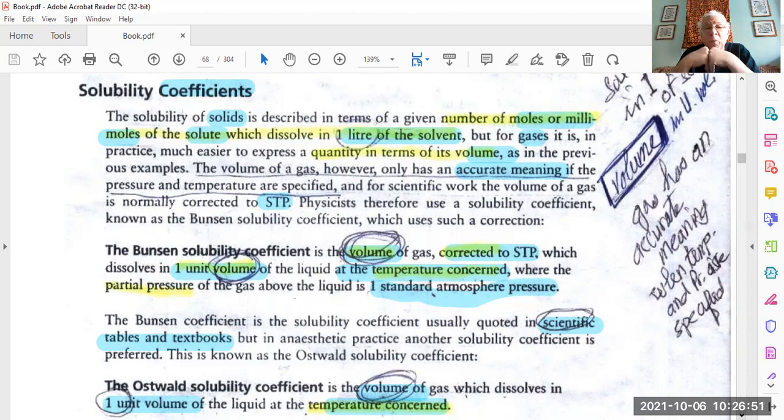But in what we call the Oswald solubility coefficient, I don't have to return the gas to the situation where it is standard. So we say at a particular temperature, the volume of the gas dissolved in unit volume of liquid. Nothing to do more than that. I don't have to correct. مش لازم أصلح